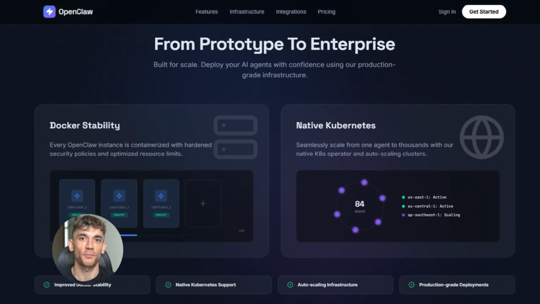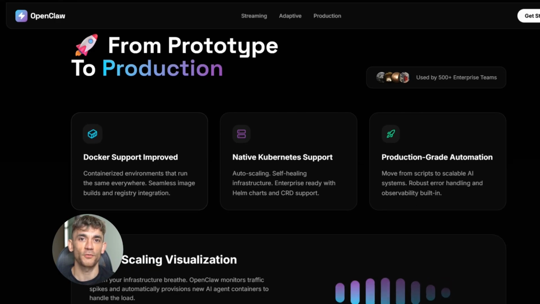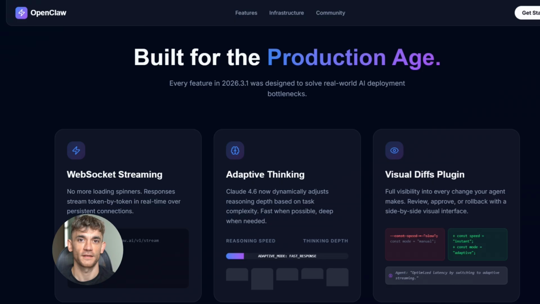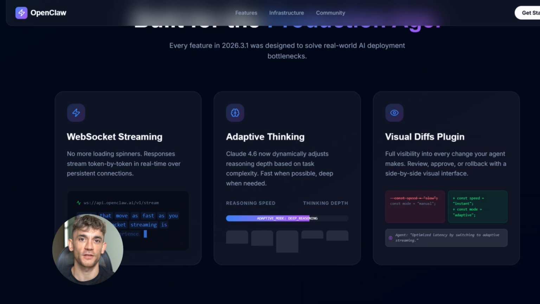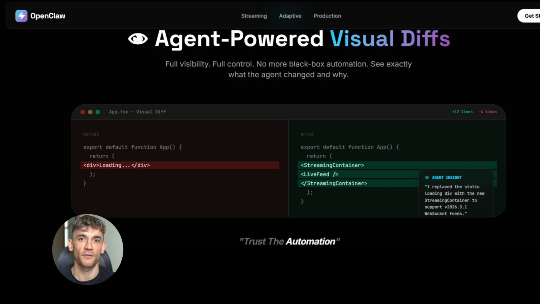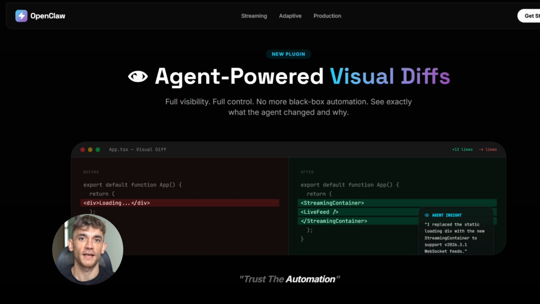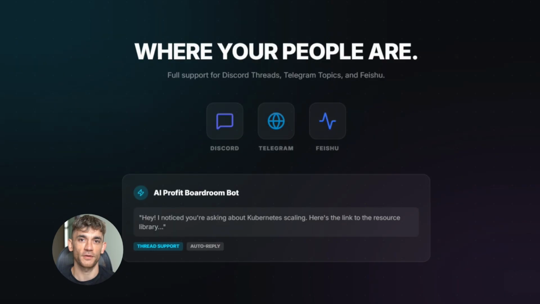Native Kubernetes support in OpenClaw means you can now deploy your AI automation workflows at real enterprise scale. You're not just building little scripts anymore, you're building production-grade systems. For anyone running a serious AI automation business, this is the update that lets you go from proof of concept to actual product. And here's the open loop I want you to sit with. We're going to talk about a plugin later in this video that makes visual debugging of your workflows genuinely insane. So stay with me. But first, let's talk about the communication updates because these are getting